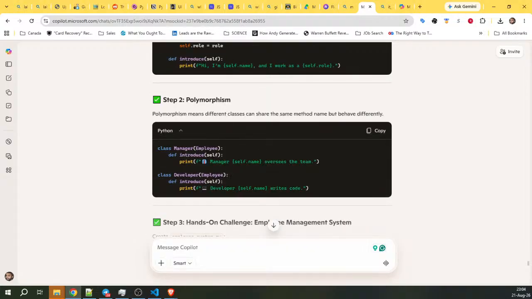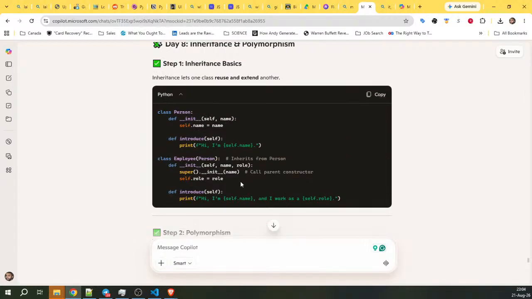So it becomes a method that is being used by different classes. Introduce(self), print Developer self.name. self.name is coming from here and gets used over here. Introduce(self), and